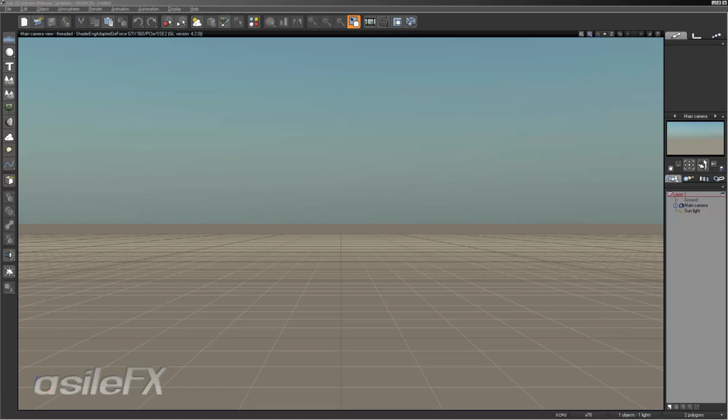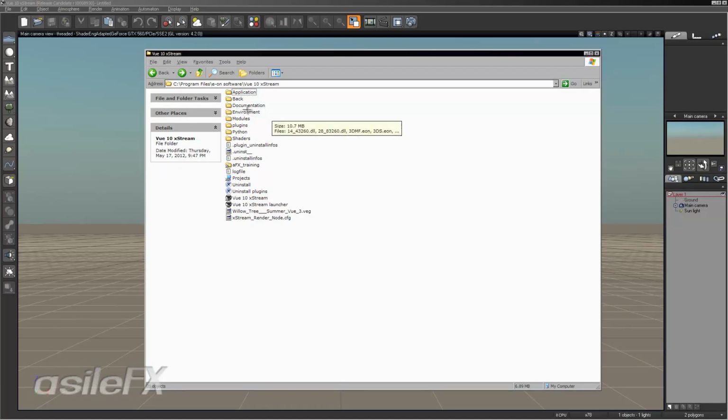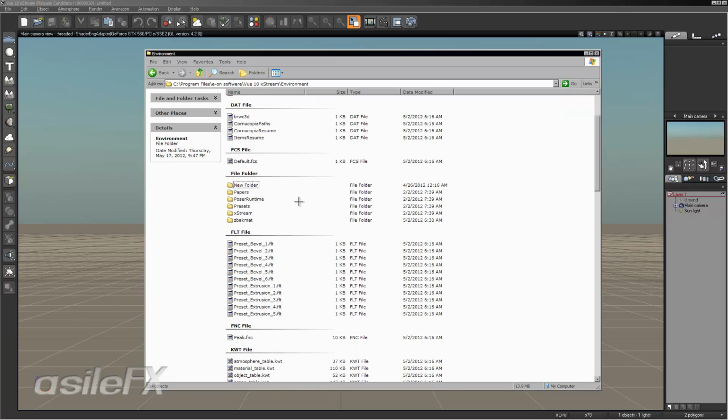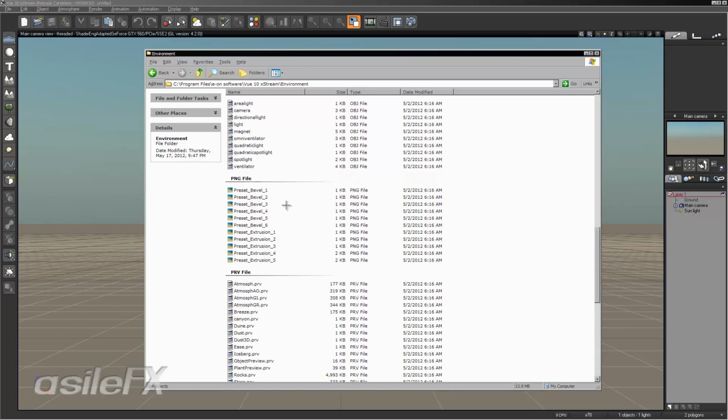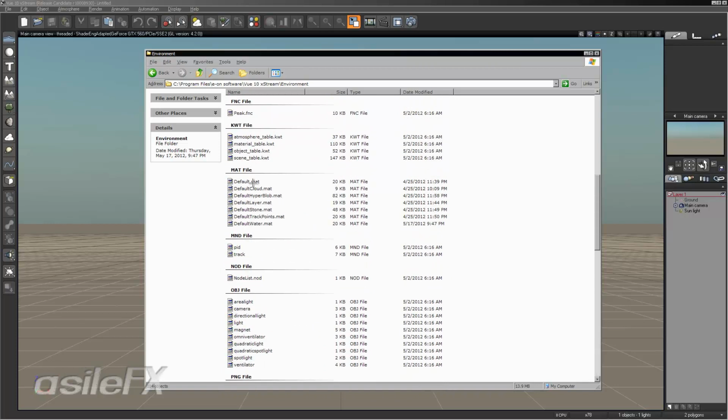Located within the installation folder for Vue, within the environment folder, you'll find several material files, and these are all of the default materials for various objects throughout the scenes. So if you want to make modifications to all of the default surfaces that come up whenever you create different types of objects, this is where you can change them just by opening the materials and making modifications, or